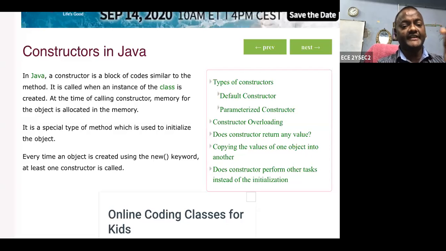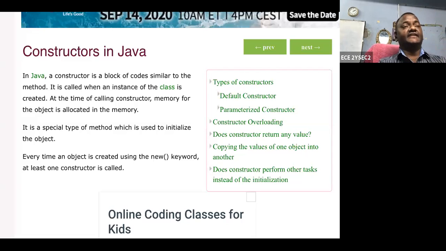This constructor may be created either by the compiler or by the user. If the user does not create any constructor, the compiler creates a default constructor.